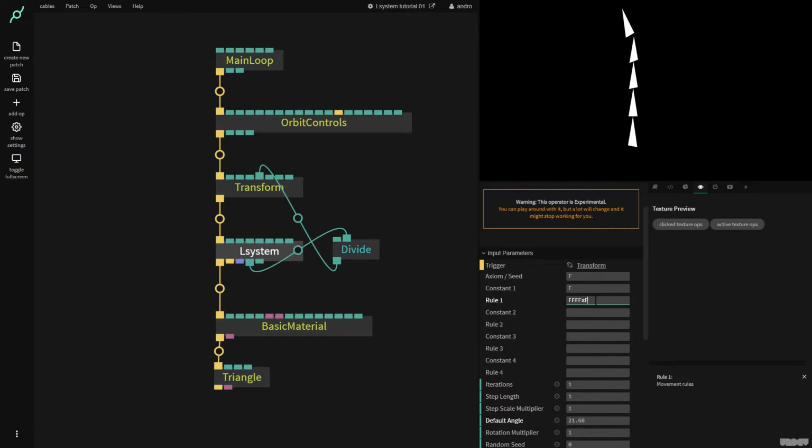So if I now go up here and type in Y, X, F, F, as you can see, we have a tree. Put it on 2, we get a really crazy shape. And this is where it becomes pretty complicated to control. So I'm going to leave it on 2 iterations now, and we're going to start something a little bit more